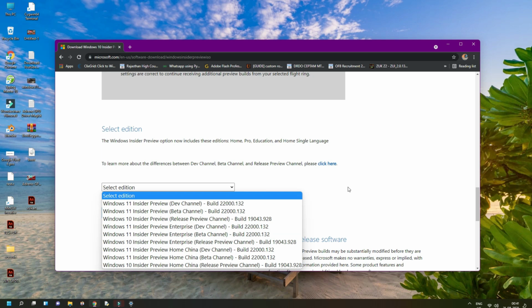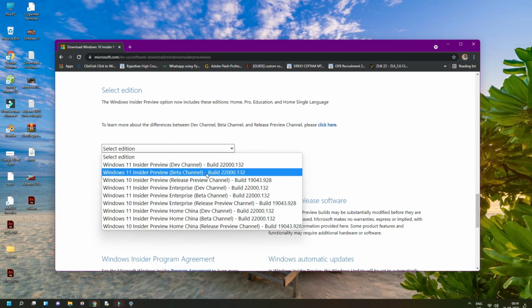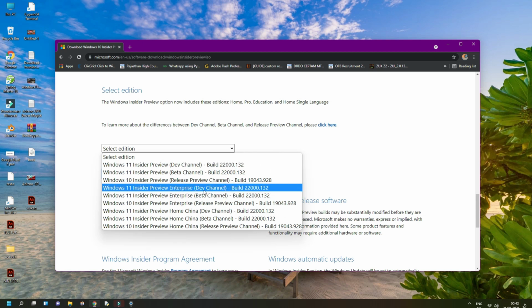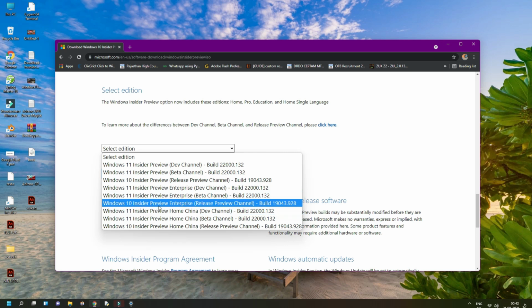These are all the OS and builds that are available, like the beta channel Windows 11 Insider Preview build 22000.132, and the Windows 11 Insider Preview Enterprise. Then Windows 10 Insider Preview Enterprise, that is build 19043.928.